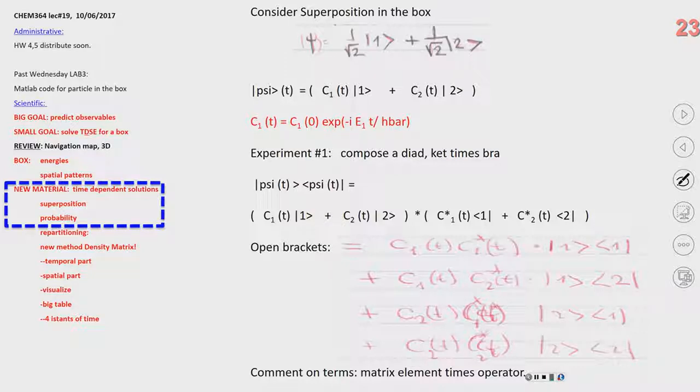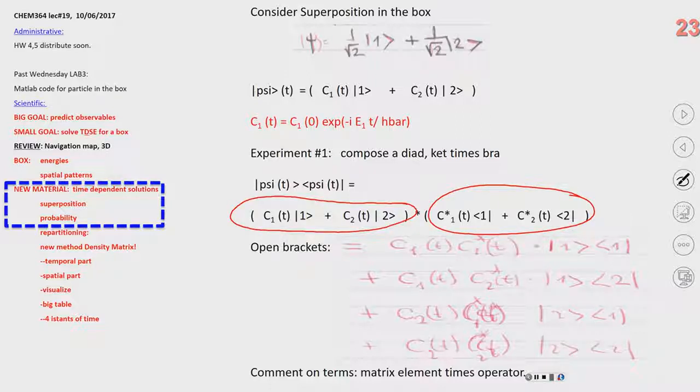So here is our normal wave function, and here is our cat times bra. And here is our conjugated wave function. So for eigenstates, we just flip the direction, and for expansion coefficients,